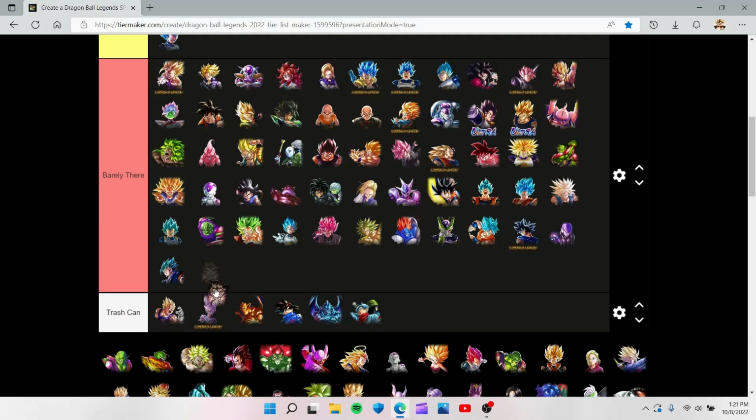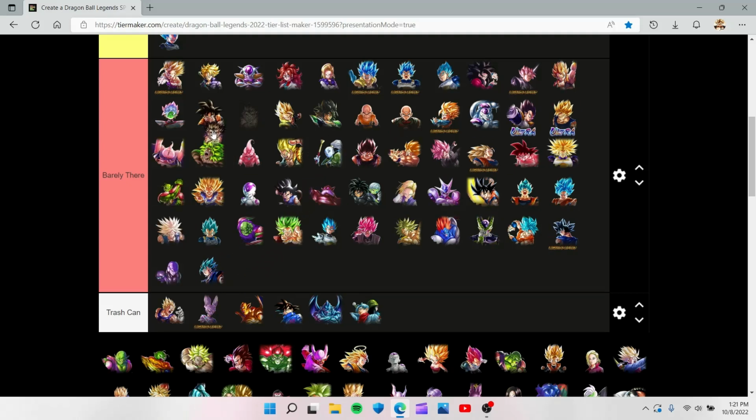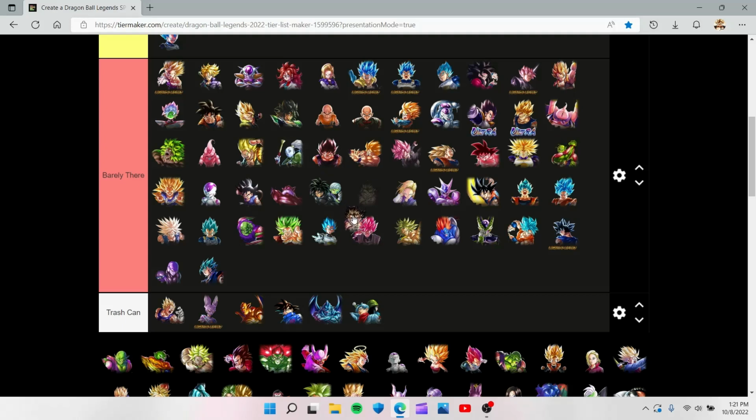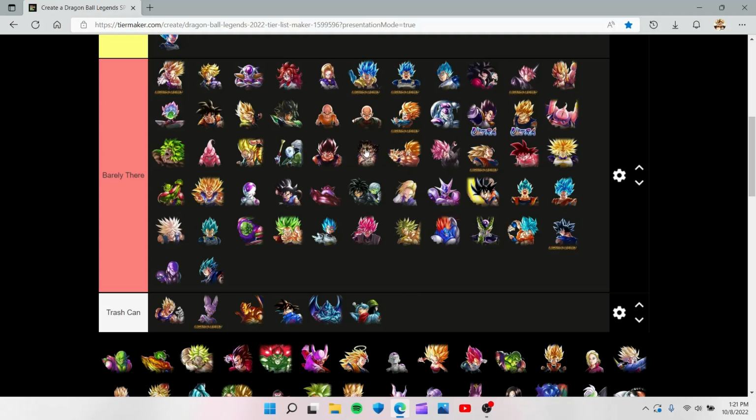Revival Gohan from the Saiyan Saga, little Masenko dude. I would just say he's barely there. He's one of the worst revivals, probably the worst revival on release, but he's better than the Red Cell that's a revival, so I could stick him maybe right here. That's probably where he goes. Kamikalo